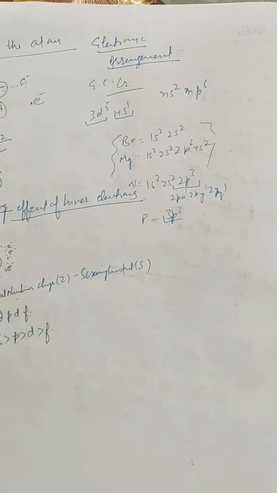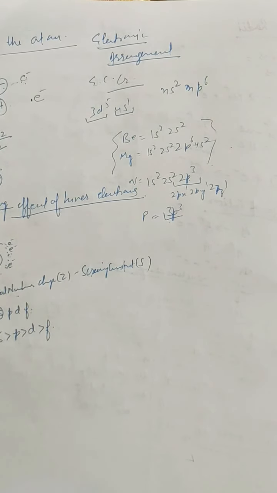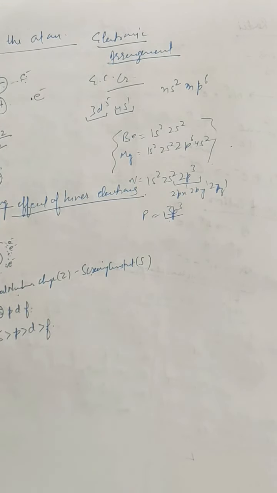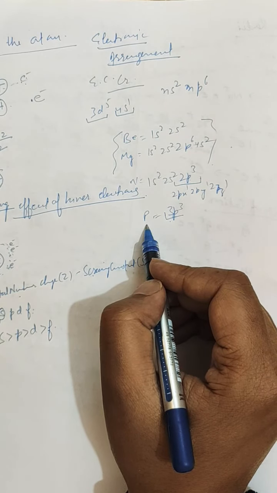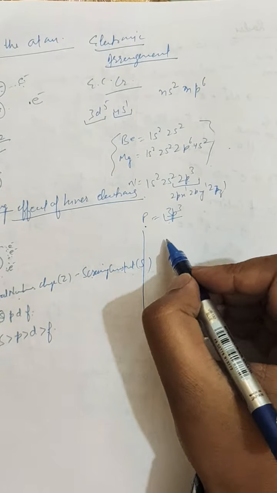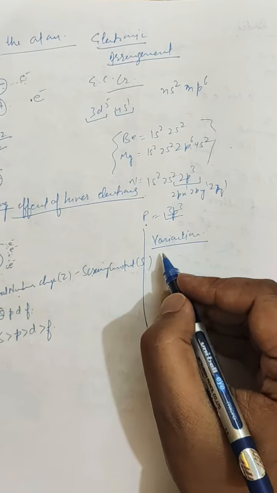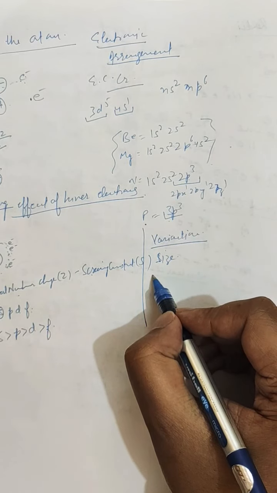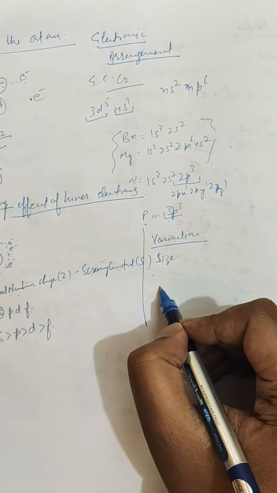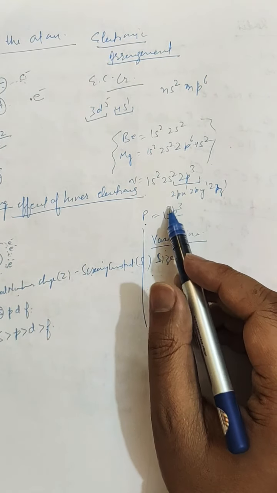You can see there is a table given in the book from where you can see the different values of ionization enthalpy for different elements. Now again there are trends of ionization enthalpy in the periodic table: variation along a period and variation down a group. First of all we will study variation along a period. What happens along a period? There are different factors like size of the atom, electron cloud penetration, nuclear charge, and half-filled, fully filled or stable electronic configuration. These factors contribute.